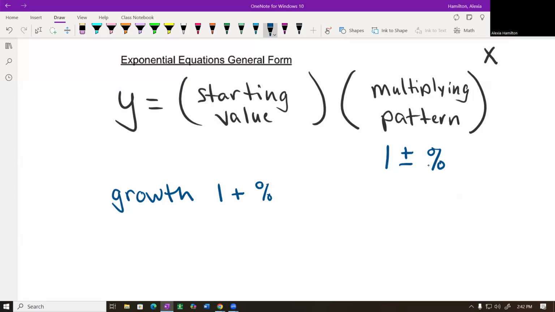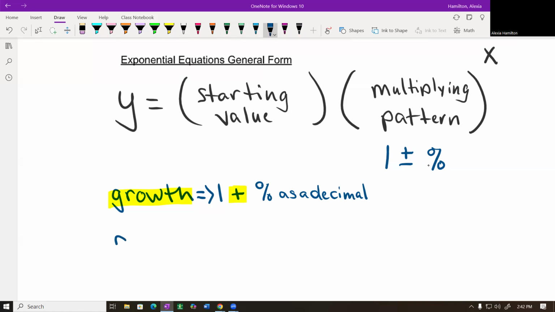So 1 plus the percent as a decimal. And when you do that, you should have something that is bigger than 1, which would make your starting value get bigger each time that you multiply. Okay, so for a growth function, we're going to add. That's the big thing. I shouldn't put that minus sign underneath it. Growth means adding,